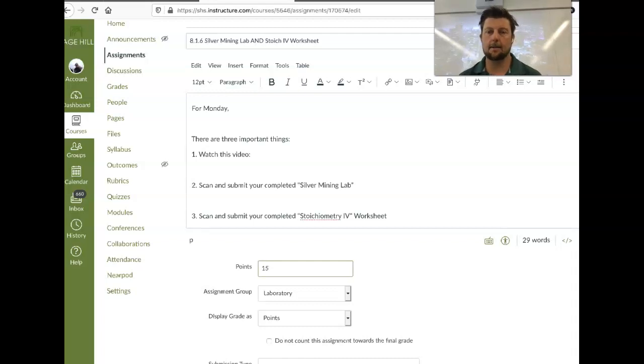Hello, A Block Chemistry. We just finished our Thursday class not too long ago, and I want to bring to your attention the work that's going to be expected by Monday. So this is the next assignment that's going to pop up,